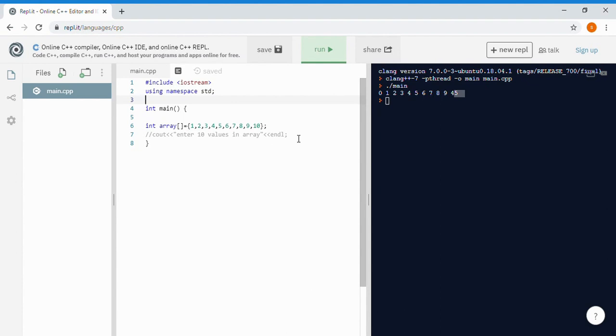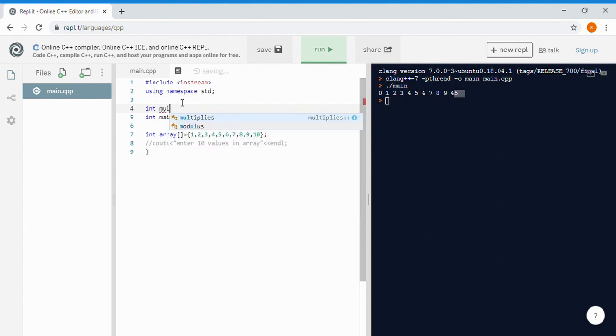Today we're gonna learn how to pass an array to a function, how we can perform operations on it, make results out of it, and return the value. Okay. So first of all, we will have to make a function. Let's say we will make a function of sum or multiplication. We will make a function of multiplication which will return the multiplication of all the values in an array. So we will make a function multiplication,